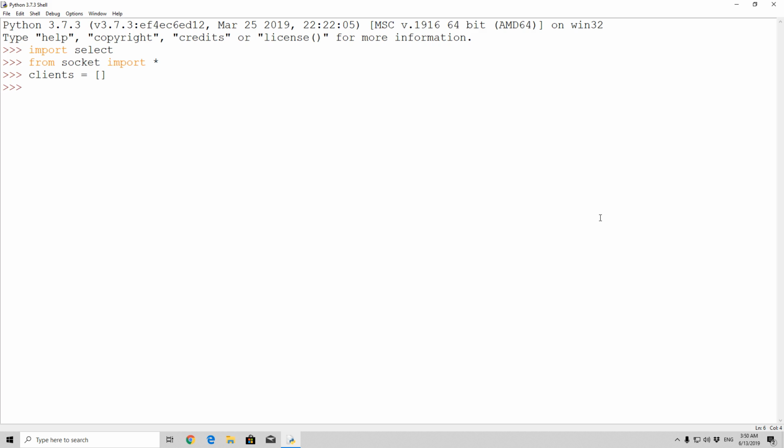Then in a while true loop you would look for activity on any of the existing active sockets. You would simply just do something like this in a while true loop. You would specify input, output, error equals select.select of s plus clients,